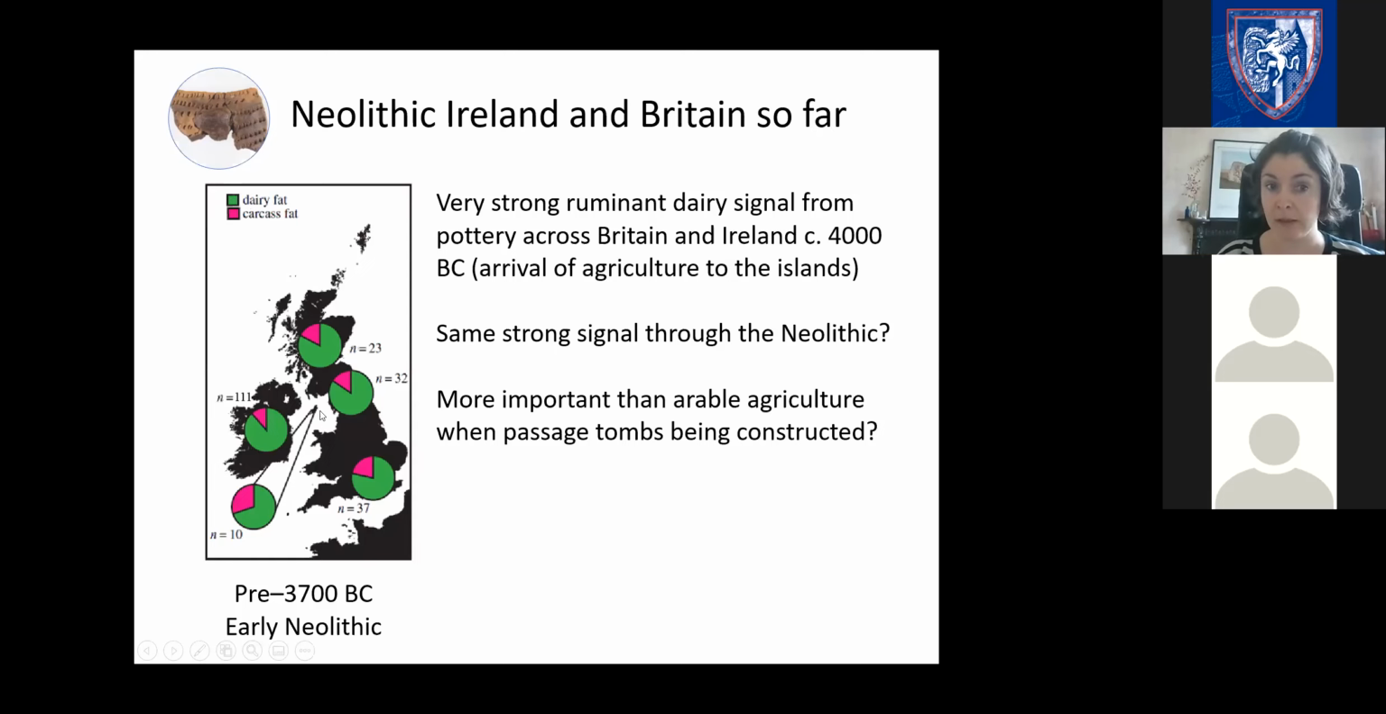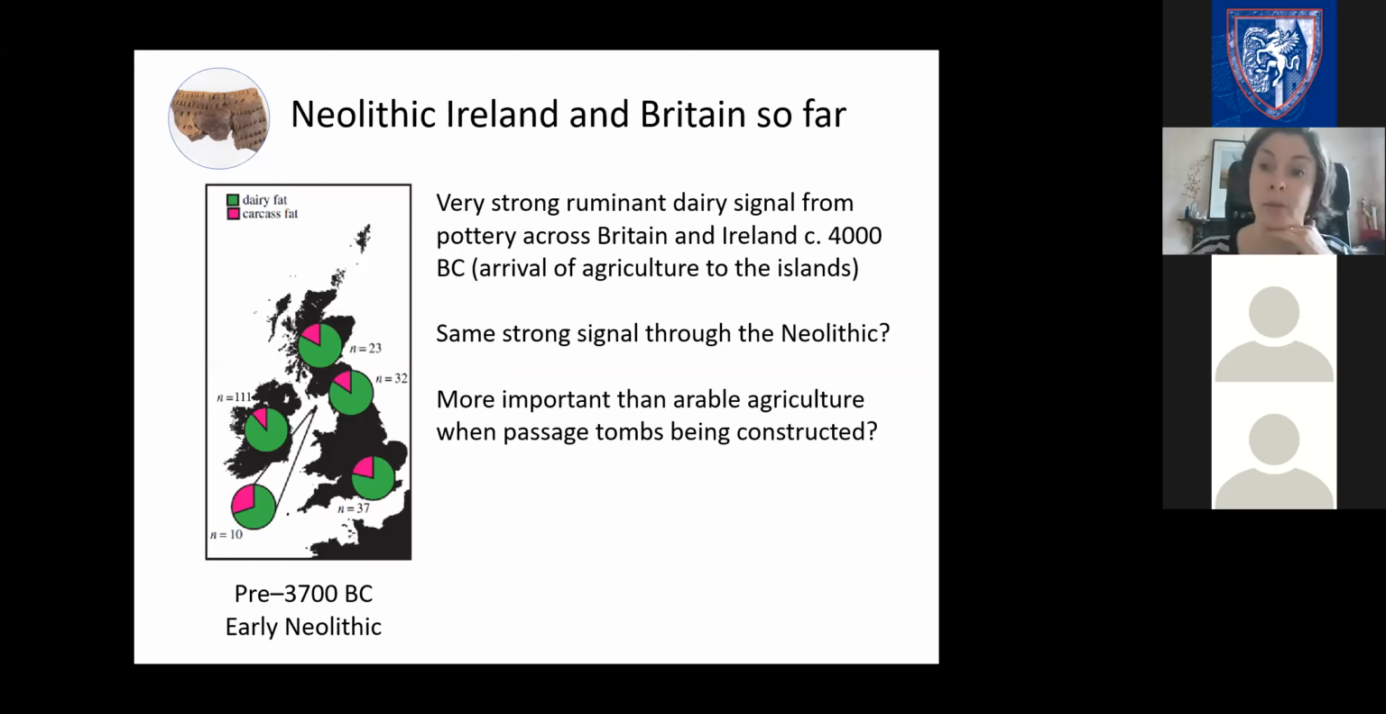And you can just see here, even eyeballing it, there's a huge proportion that have a very strong dairy signal. So dairying is definitely well embedded in the Neolithic, from the Neolithic onwards in Ireland. And that's what I was looking to explore in more detail in the Passage Between People project. So did that signal continue through the Neolithic, and maybe is dairying one of